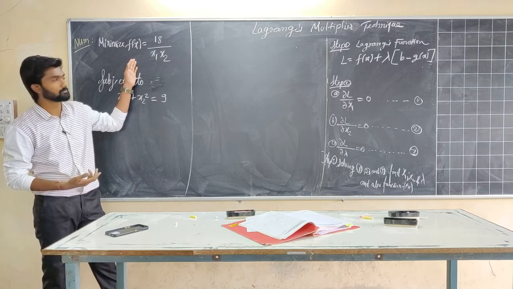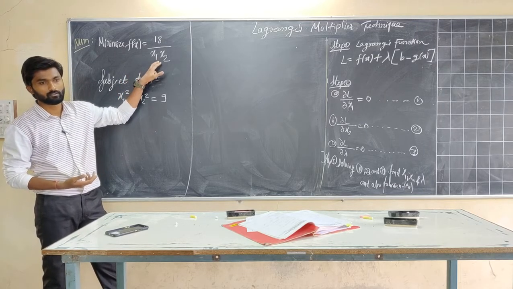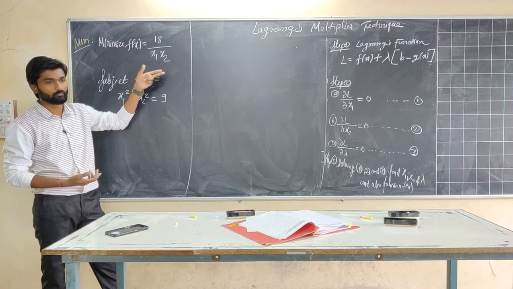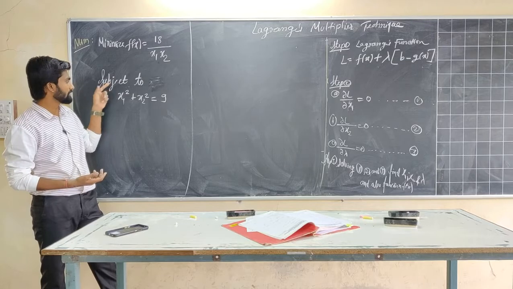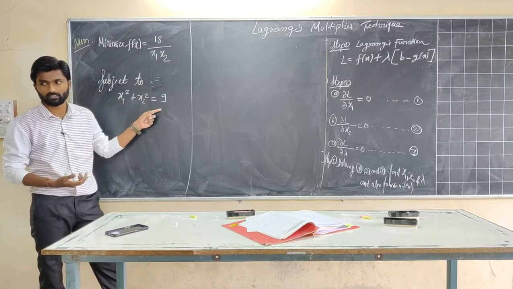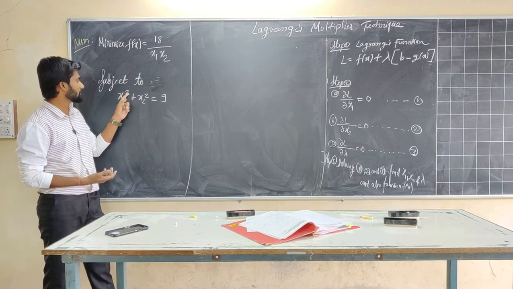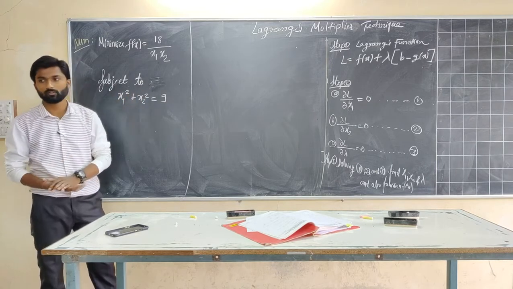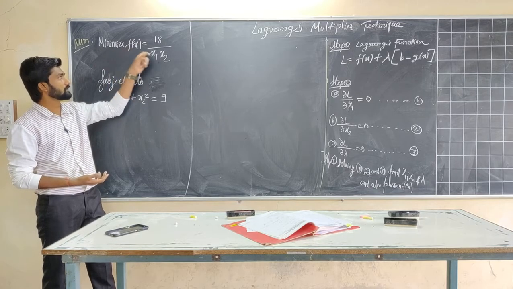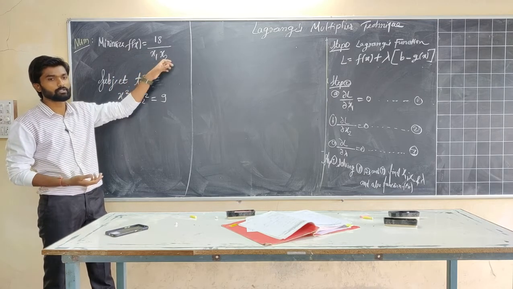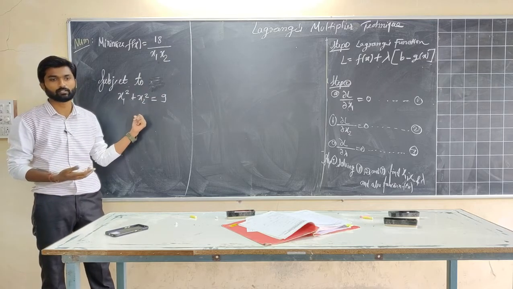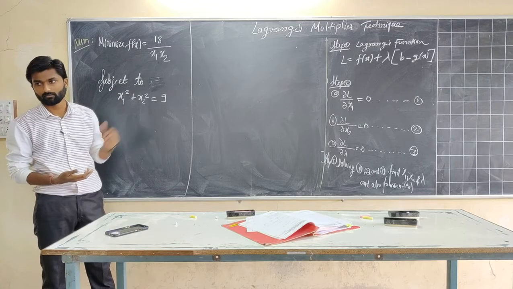So first of all, it is a multivariable function. Why multivariable function? Because here we have two variables, right? And with constraints. Why? Because here we have one constraint. Only one single constraint is present. What is the constraint? x1 square plus x2 square should be equal to 9. And now for this, our aim is to find out f of x such that what will be the values of x1 x2? We have to find out, which is satisfying this particular constraint, right?